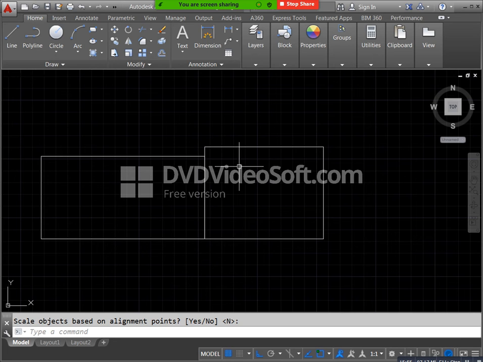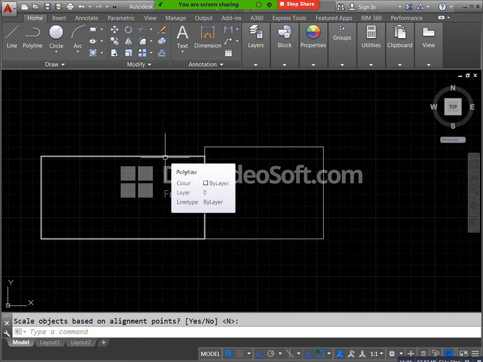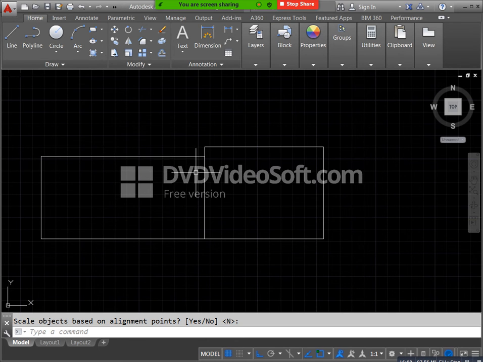Any other command you can select and you can move, that's also possible. For example, if you need exact distance also, you can mention move. How much distance you need, you can select this point. You need 10 distance, you can apply 10. I need just 3 distance, just you can mention, you will get 3 distance.